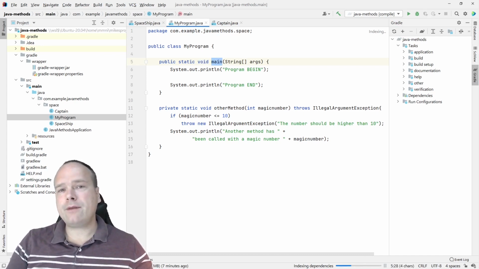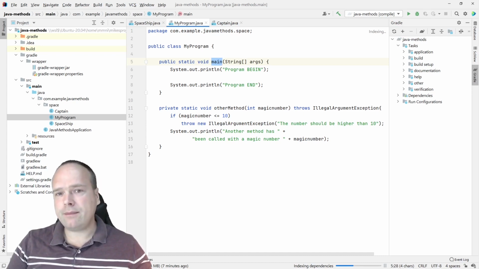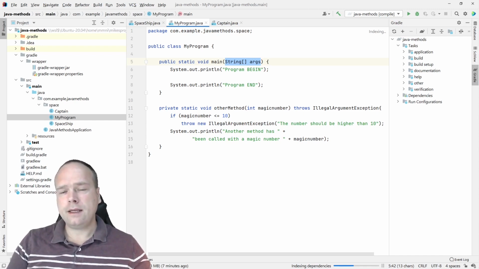Then we have the name of the method itself, and it needs to be named main if you want to call it from outside your Java program. Then it needs to have that name main. And it also needs to have these arguments that you have right here. You need to take an array of strings. That means that we can actually give it as many string arguments as we want,